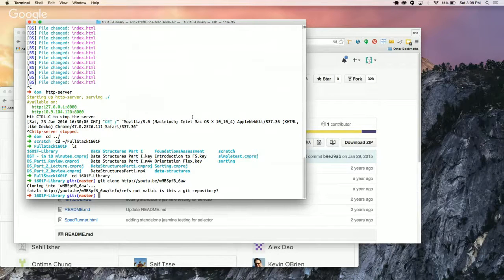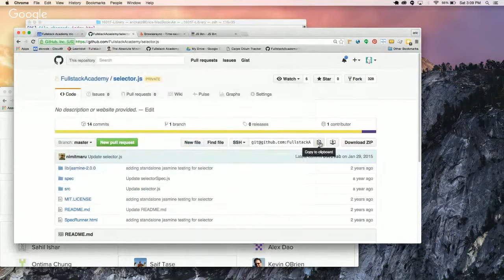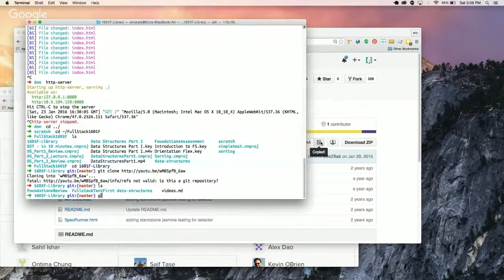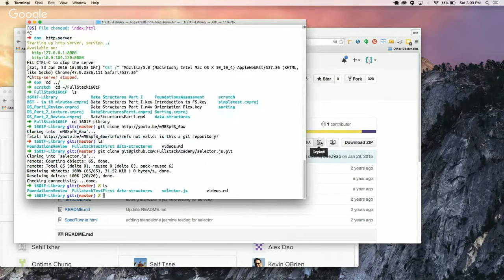Let's see why that is. Oh, wrong link. This guy. Git clone. Okay, so let me go into Selector